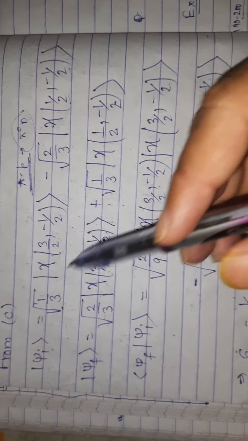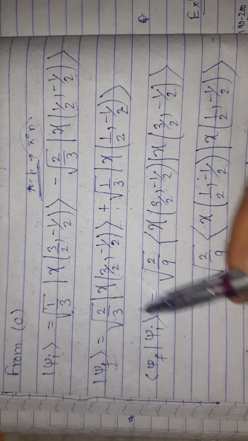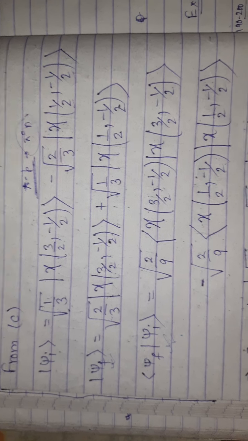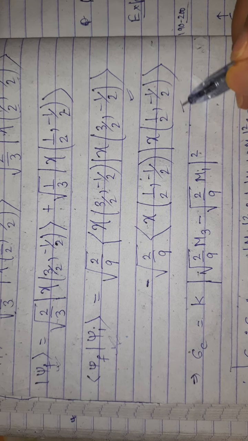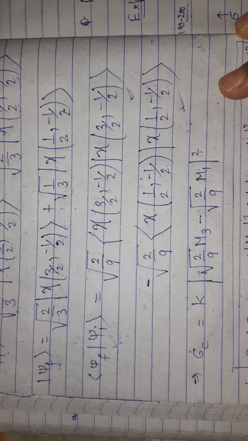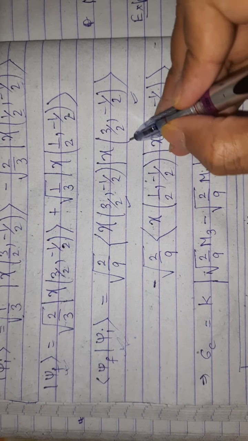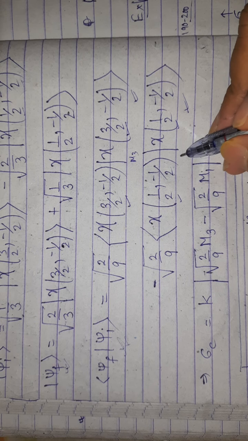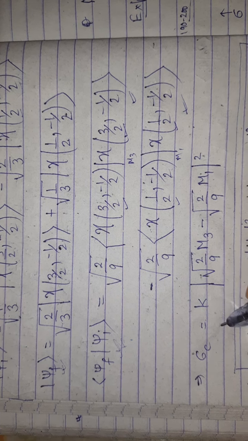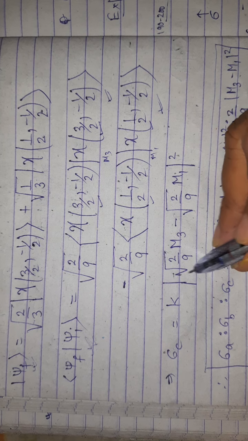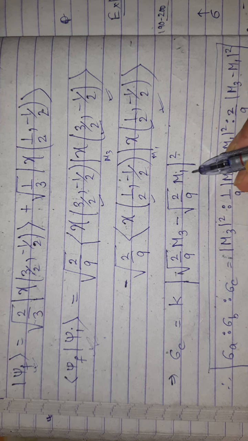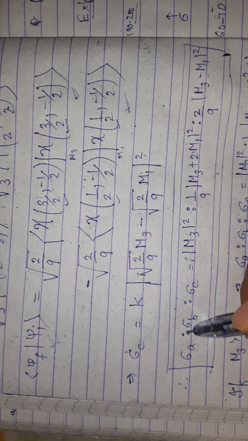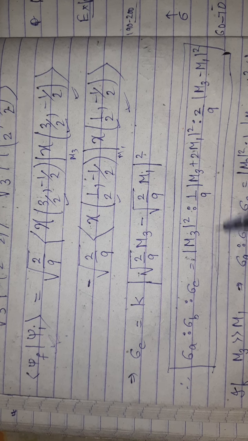Now we simply convert this into bra and we multiply it. So psi final and psi initial will be multiplied, and we get only these two factors because the rest are 0 from the orthogonality rule. And this 3 by 2, 3 by 2 gives you m3, and this half gives you m1. So the cross section is actually root under 2 by 9 m3 minus root under 2 by 9 m1, whole square. So when we take the cross section of A is to cross section of B, cross section of C, we get this.